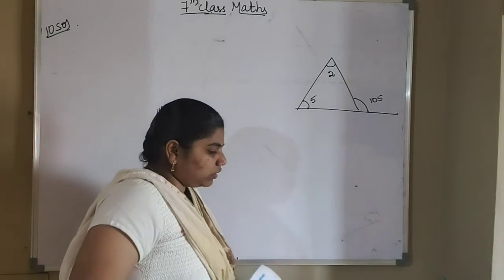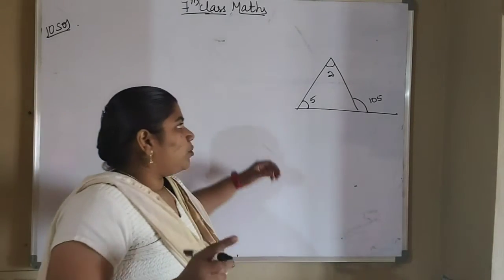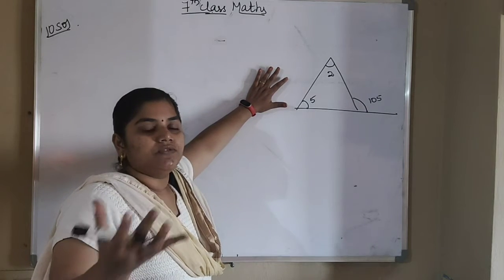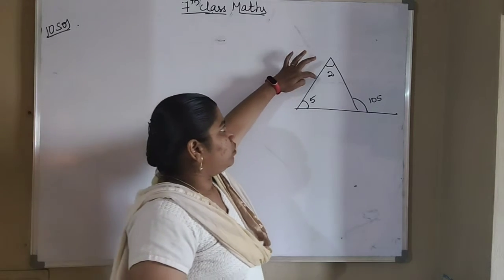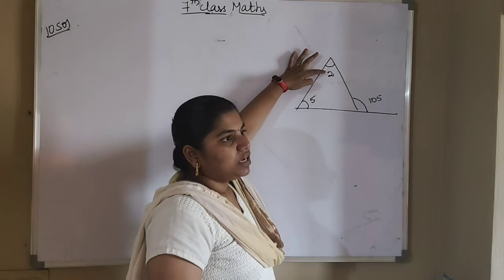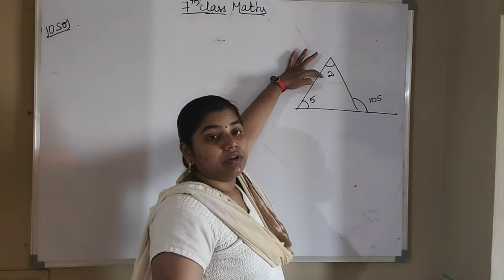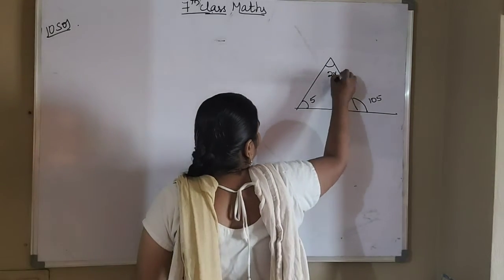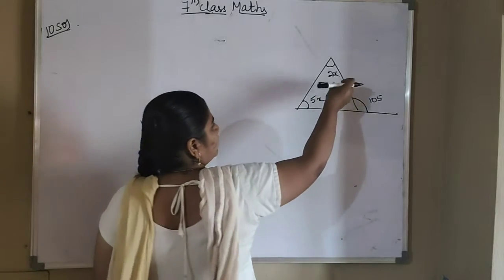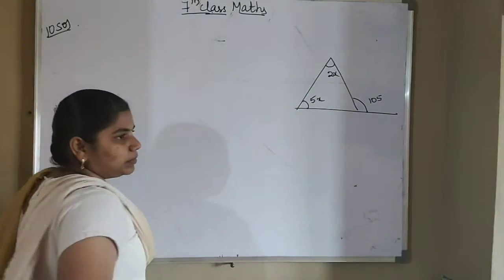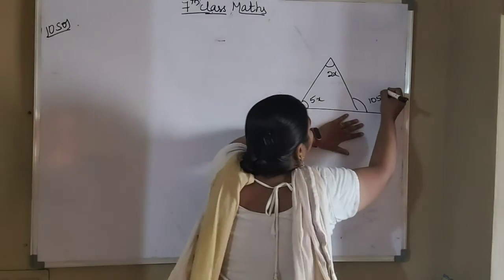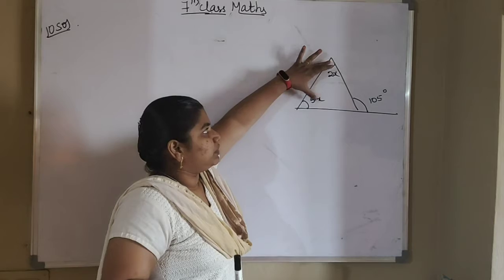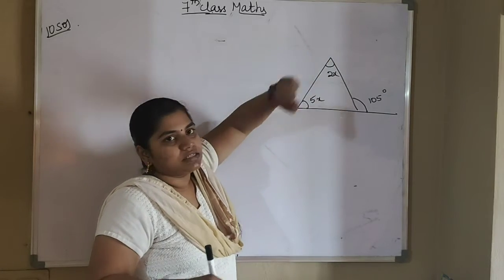So these are not the degrees. They have given them in the form of a ratio, which means the values can be multiples of the given numbers. Already I told you that a ratio gives results in the form of 2 multiples and 5 multiples, so I can take them as 2x and 5x. The exterior angle they have given as 105 degrees. So we have to find this x value as well as these two angles.